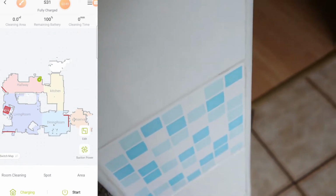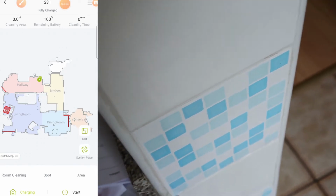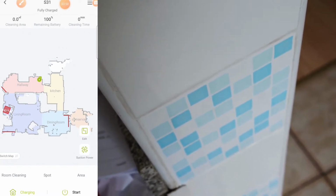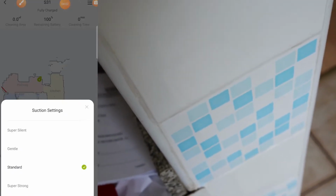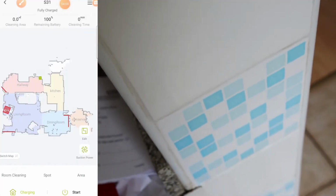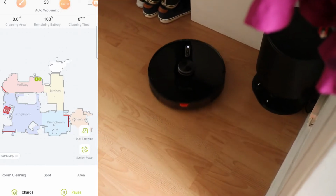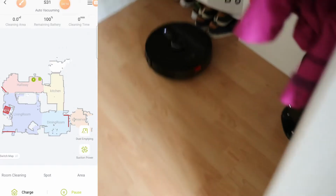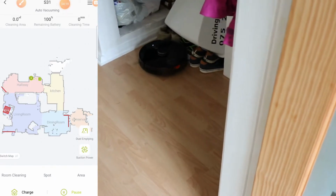So what we're going to do is we're going to set it away and then we'll look at the app while we're doing it. So start cleaning, you've got area, spot, room clearing. And I'm just going to go suction, standard, let's start. So what we can do is we can see it moving now. You can see what it does. It's on standard and it's